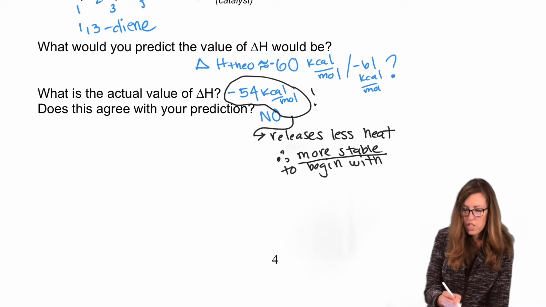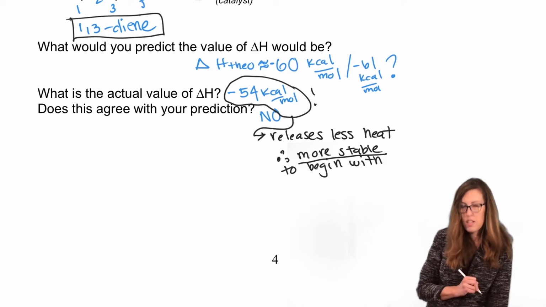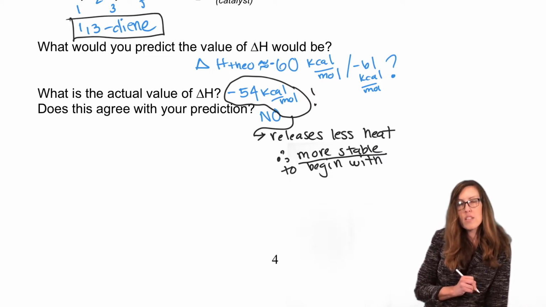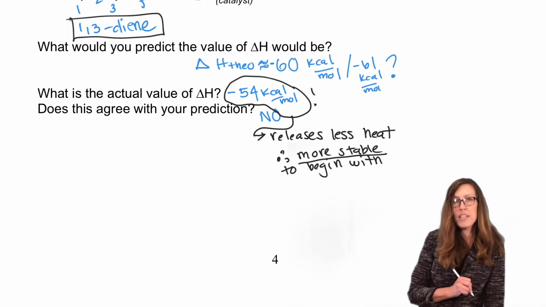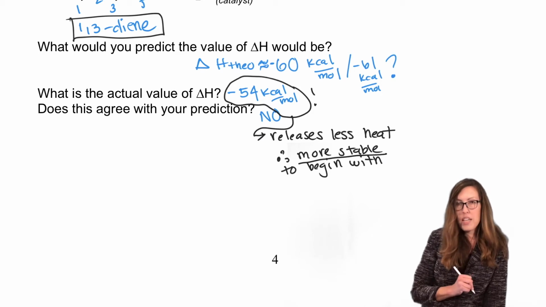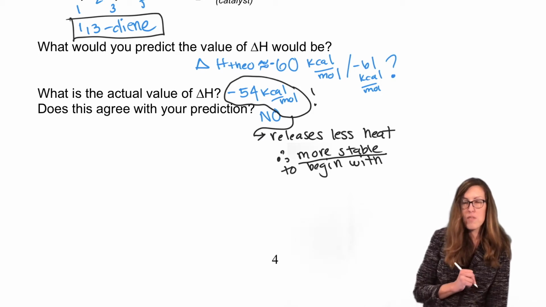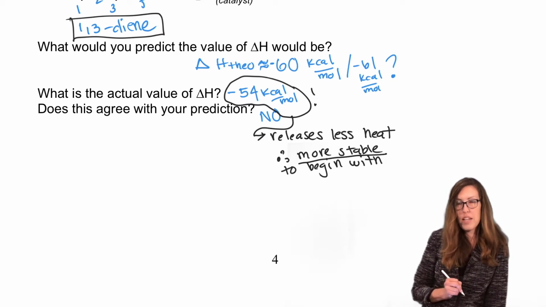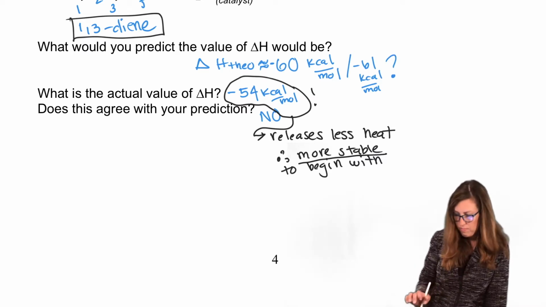Okay, so that was our conjugated 1,3 diene. We have one experiment so far, one parameter to tell us that conjugated dienes are more stable. So if you take a 1,3 diene and a 1,4 diene, you do the same reaction on them. The 1,3 diene releases less heat than the 1,4 diene, meaning that that's a clue that the 1,3 diene is more stable. And the difference between them is that the 1,3 diene is conjugated. Okay, so let's see